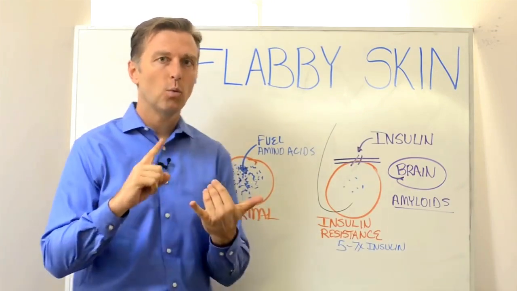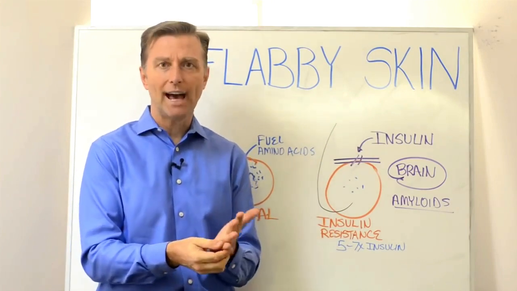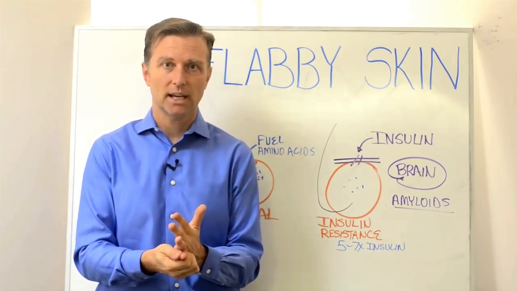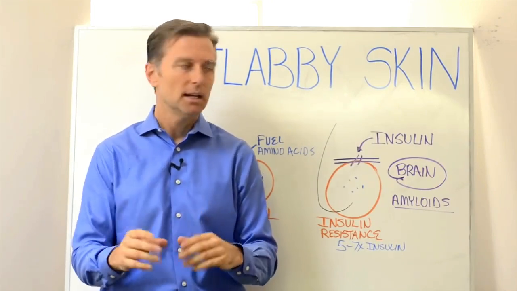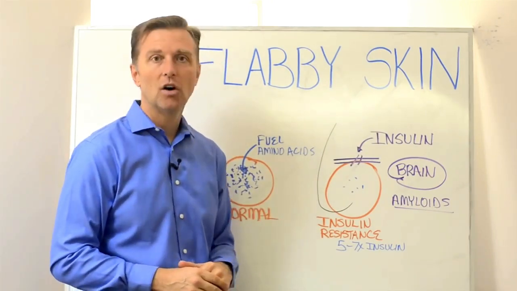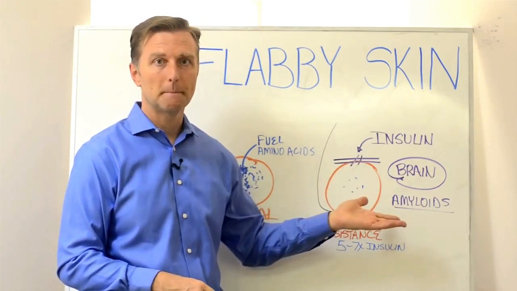So let's just talk about what that means as far as what you have to do in your diet. Number one, obviously you have to get the sugars out, okay? And you may already know that. Refined sugars, breads, pasta, cereal, crackers, things like that. Secondly, you need to get the alcohol out of your system, out of your diet completely right now because that's going to create a problem.